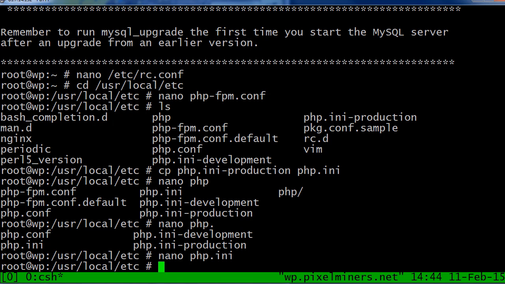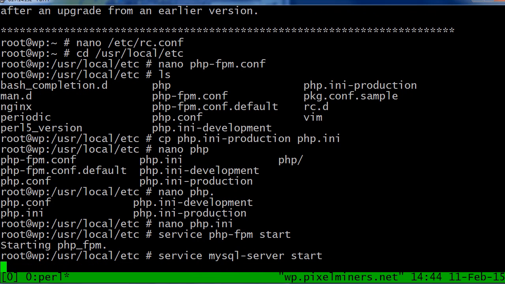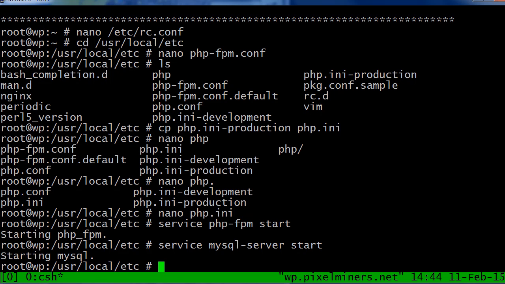And I guess it's time to start our services, right? So service PHP FPM start and service mysql-server start, and everything's been created. Lovely. And now we'll say